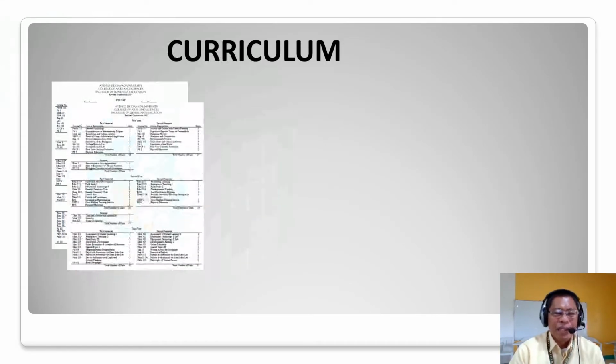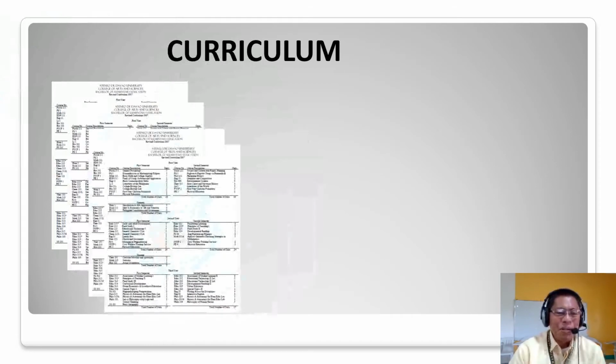Yan, para po bang ganito oh. So the curriculum starts with documents. Yan oh. Mga listahan niya ng mga subjects from first year, first semester, second semester, second year, first semester, second year, second semester, and so on and so forth, until the learner has taken and passed all the subjects required for a degree.